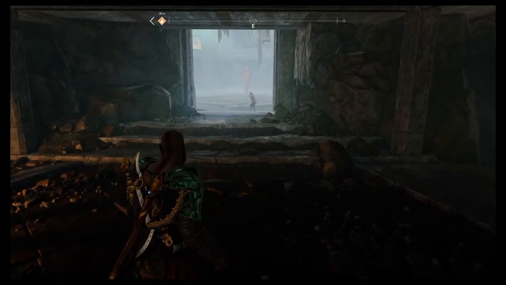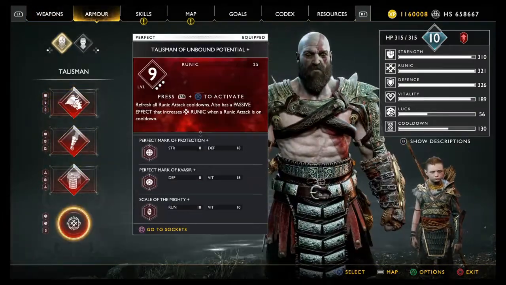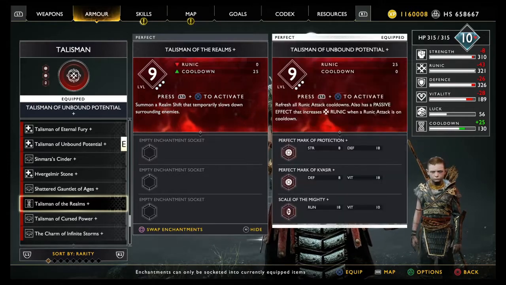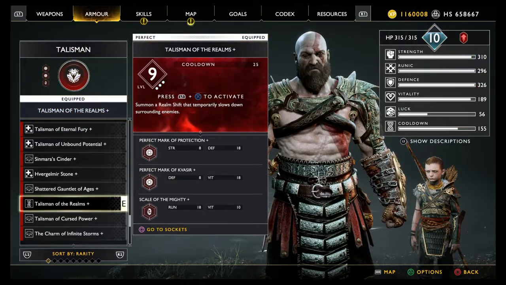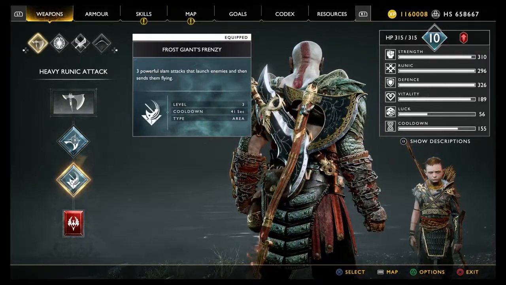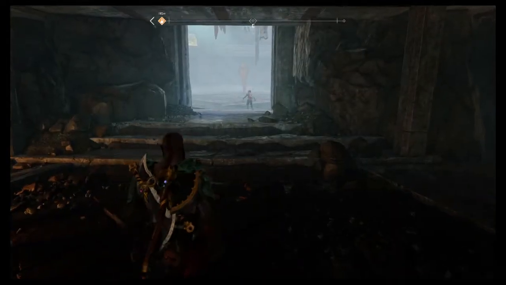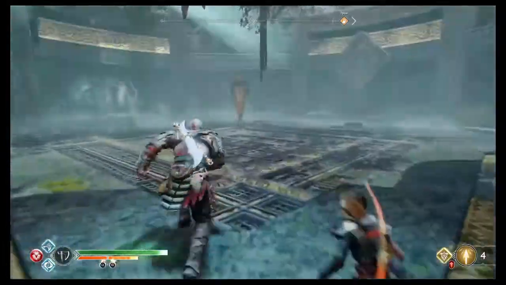Right, the first half of this video showed you Kratos fighting with the Talisman of Unbound Potential on, so we're just going to try a slightly different fighting style, and we're going to swap back to my favourite Talisman of the Realms. So R3 to compare it, swap the enchantments over and re-equip that. And I think I will also just change the Frost Giant's Frenzy back to Ivaldi's Anvil, just because that's my favourite and I'm used to it. But I'm going to keep the axe still on the Nemean Crush and Prometheus Flame. So we shall rush in again